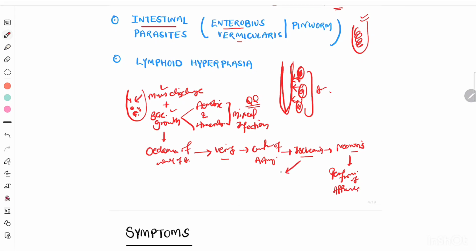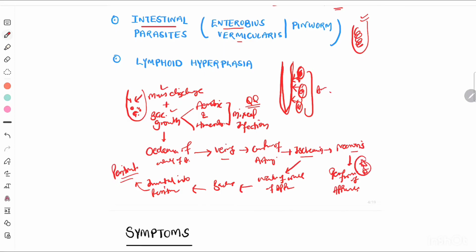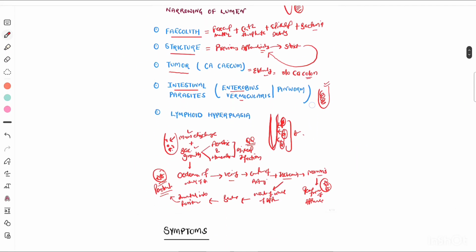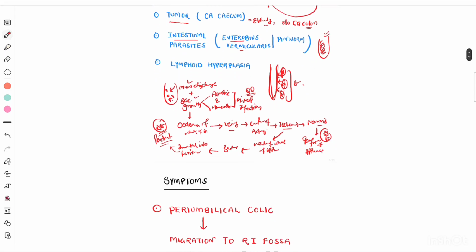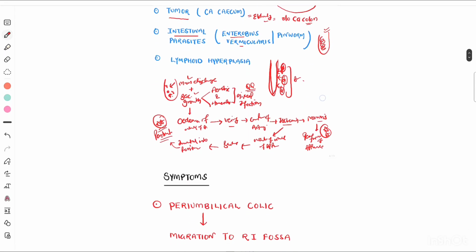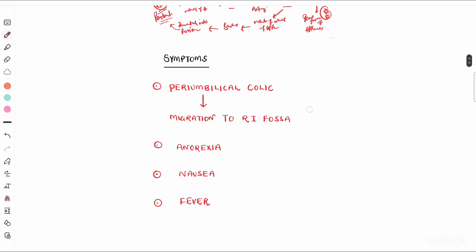And due to this ischemia, there is weakness of the wall of the appendix, and the bacteria invade into the peritoneum, which leads to peritonitis. So this is the pathophysiology of perforation of the appendix and peritonitis in case of appendicitis. So this is the etiology and the pathophysiology of appendicitis. So after all this, what is the symptom the patient presents with